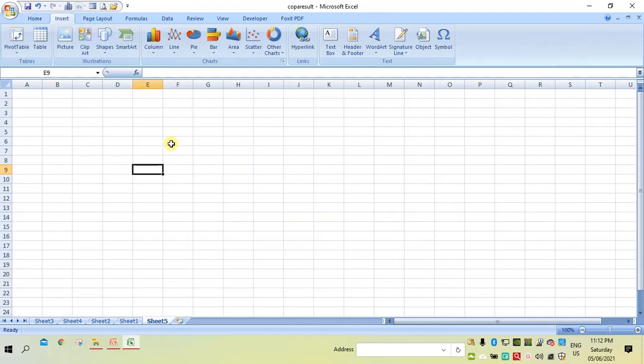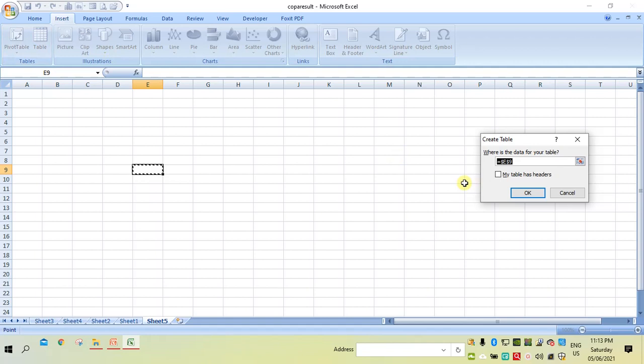So next is how to insert the table. No doubt this is a very big worksheet. In that worksheet we can insert the table. So to insert a table, click on this, and then it is asking how many columns and how many rows you want. You have to specify the range.